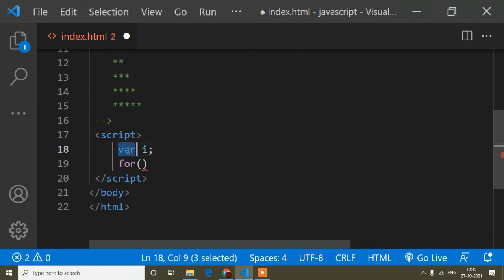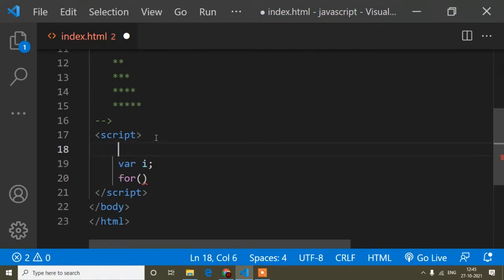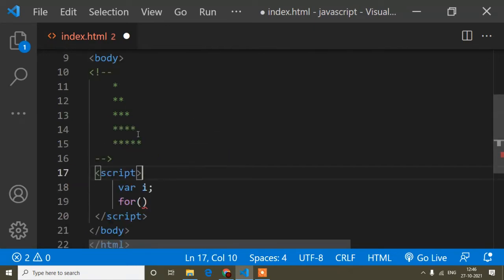When we write var, let, const, it means I'm trying to define a variable. These are the keywords for defining a variable. I will not go deeper into var, let, const because our main thing is to create this pattern.